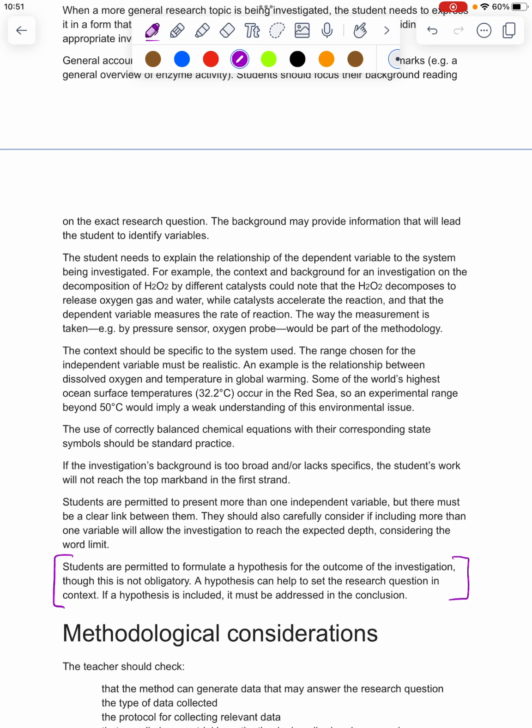If you do, you will then have to refer back to it later, whether or not it's supported in the conclusion. But I actually think even if you don't include one, having that in mind, you're trying to include information that will allow you to write a hypothesis, to write a prediction. So if you're going to do that, you're going to have to explain what your independent variable is,